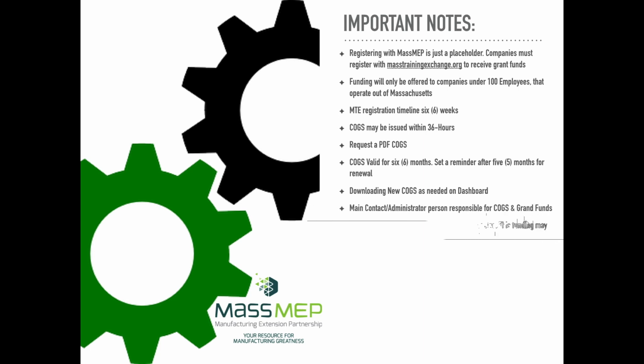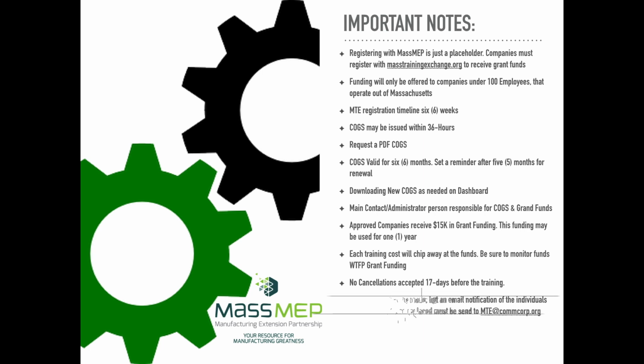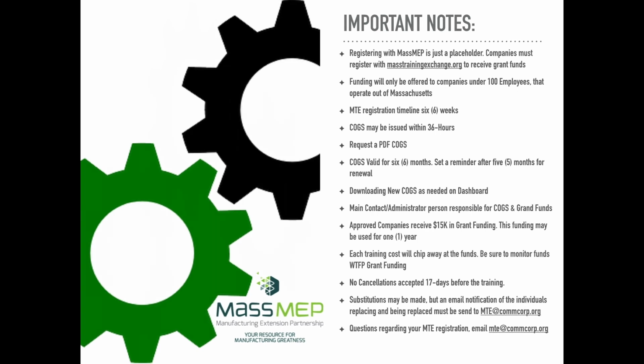Set a main contact or administrator person responsible for the COGS and grant funds. Approved companies will receive $15,000 in grant funding that is valid for 1 year. Each training class will chip away at these funds. No cancellations are accepted 17 days before the training. However, substitutions may be made, but an email notification of the individuals replacing and being replaced must be sent to